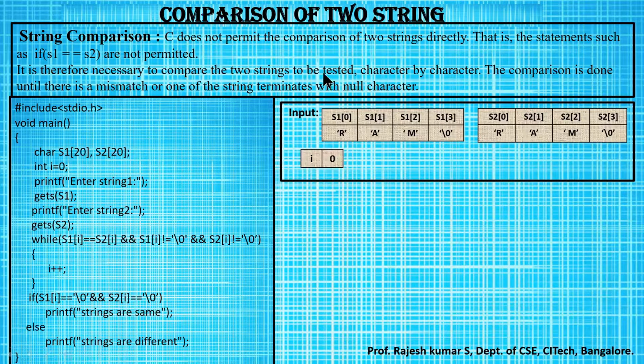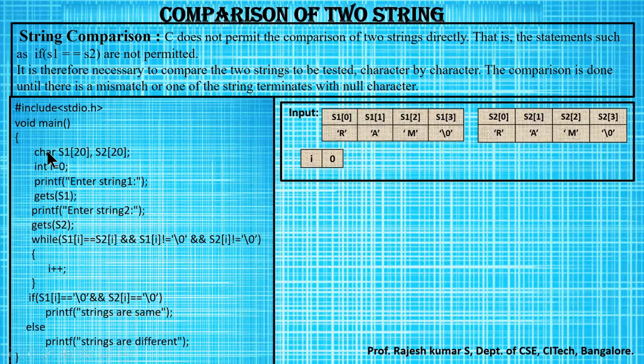So how do we write the logic for the program? Again, why do we use this I value of 0? Because I'll be traversing inside the array. When I traverse inside the array, since the array starts with 0, I've declared a variable I equal to 0. So let us see the logic behind this program. The very first line, I'm including the header file, starting the program by writing void main, open braces, close braces. All the statements will be written inside this open and close braces.